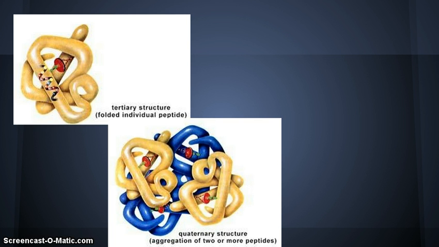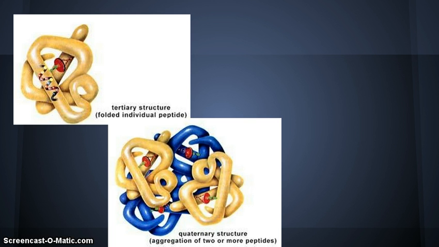Well, at this point, we still have our polypeptide. We only have one protein. We only have one sequence of amino acids. Now, when we get to quaternary structure, we are adding more peptides or more polypeptides, meaning we have more sequences of amino acids. And what we are actually doing there is we are putting them together to make a usable